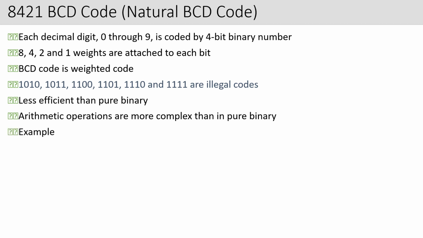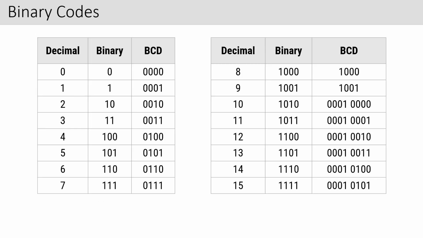Then we took certain examples of how to convert a decimal number to a BCD number. We gave you the entire tabulation for converting decimal to binary, and then from binary to BCD. So always remember, when we talk about a binary coded decimal, each number has to be converted into 4-bit binary numbers.